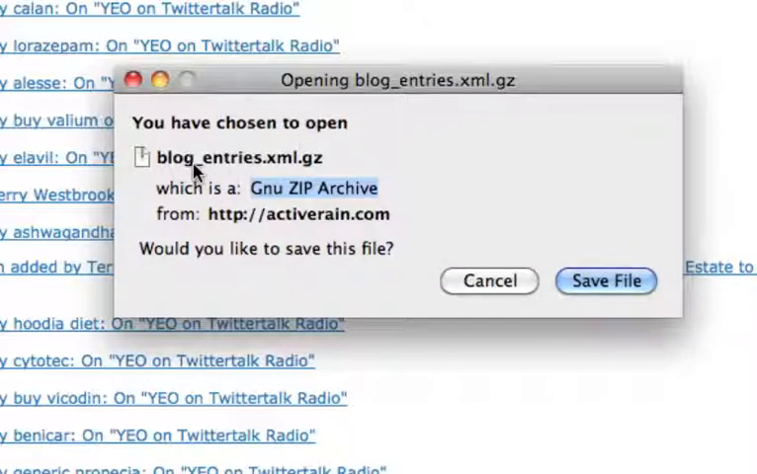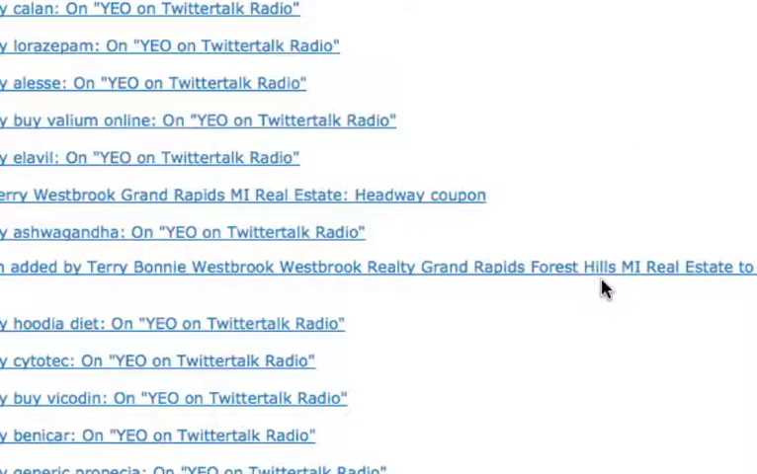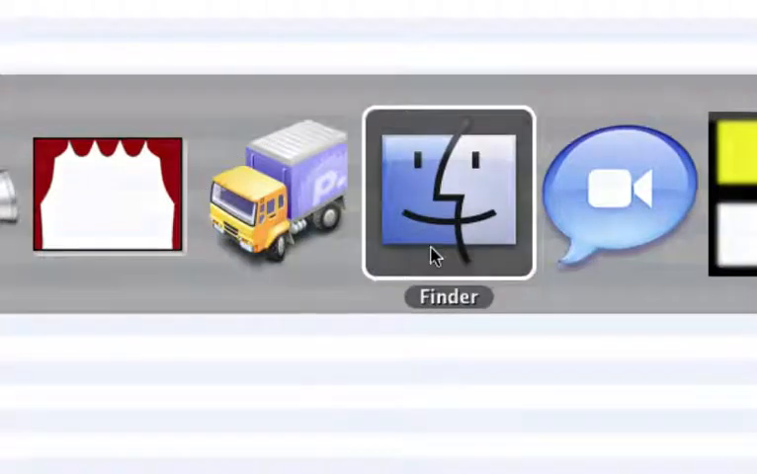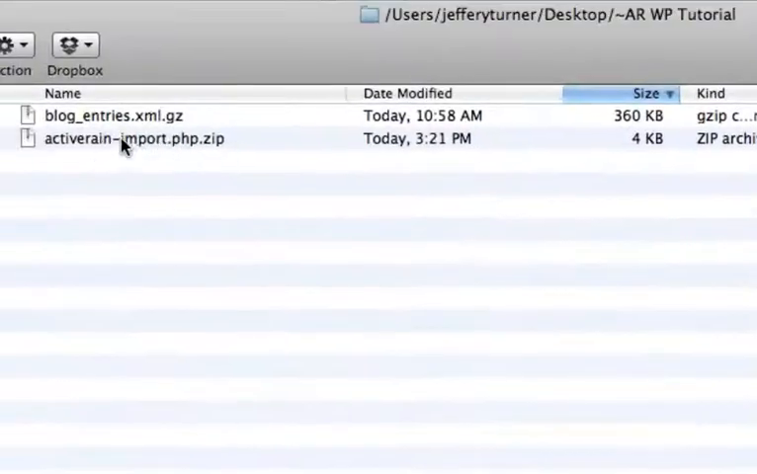This is the blog_entries.xml.gz file. When you click Save File, this is going to download to wherever your default location is for your downloaded files. And it's pretty simple to export this from ActiveRain, and as you can see, we've done that. So the next thing you're going to want to do is go find that file, and you'll notice that I've got it here,